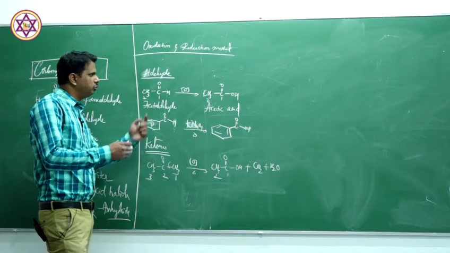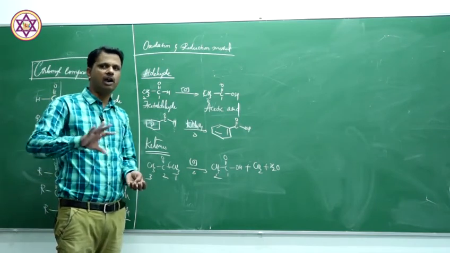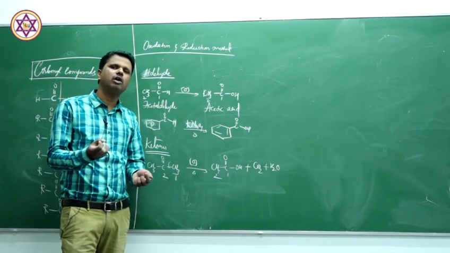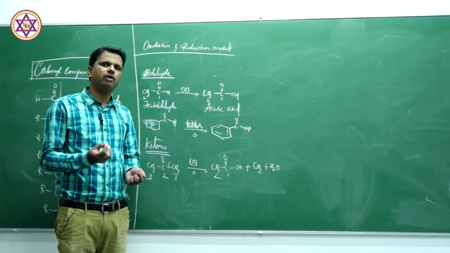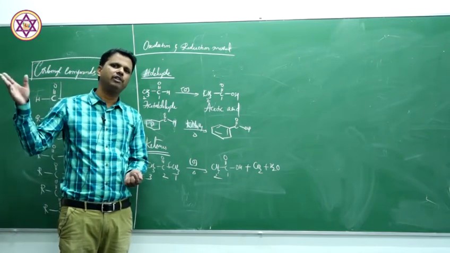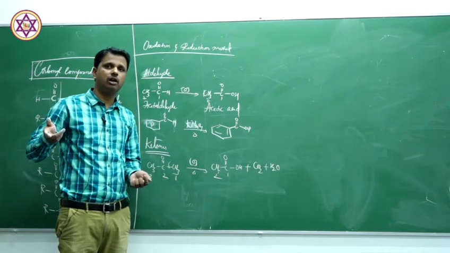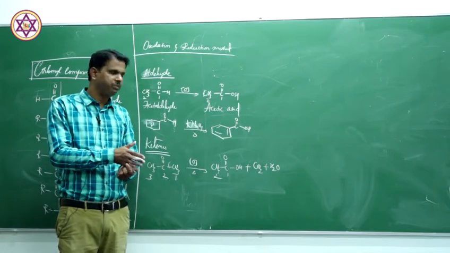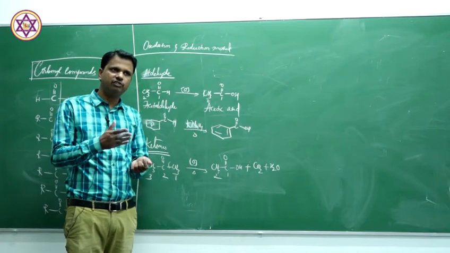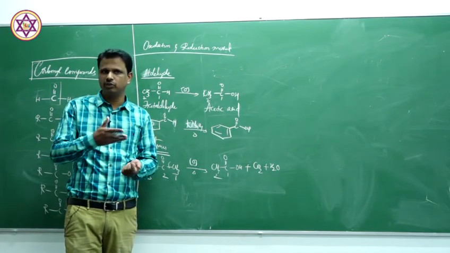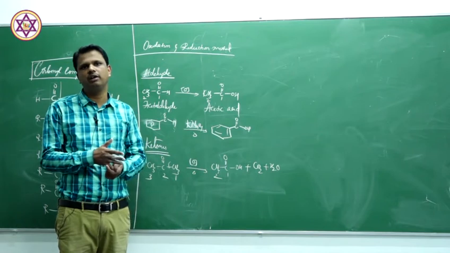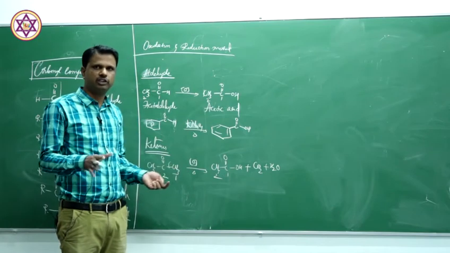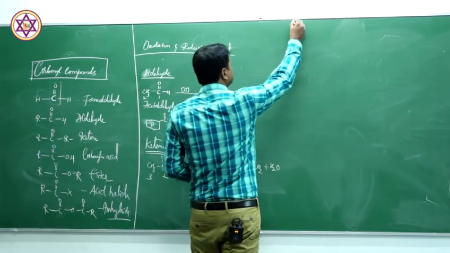So using this method, you can clearly distinguish between aldehydes and ketones. Imagine you have an organic compound and you need to determine whether it is an aldehyde or a ketone. We have several other methods in qualitative analysis of organic compounds, but we are specifically talking about this oxidation method. That means upon oxidation, if that compound retains the original carbon atoms, retains the original chain, then it has to be an aldehyde. If it degrades, then it has to be a ketone molecule. That is how we understand. Next, we will talk about the reduction method.